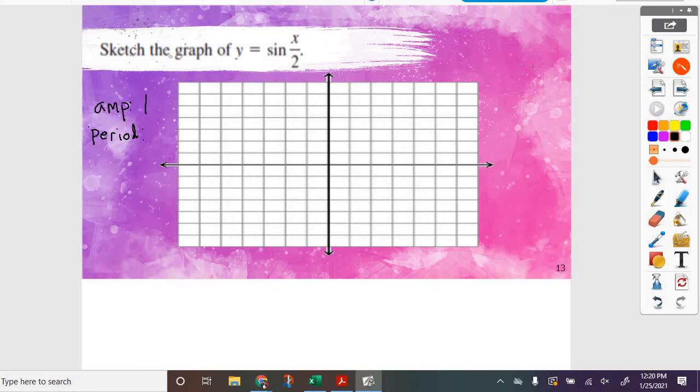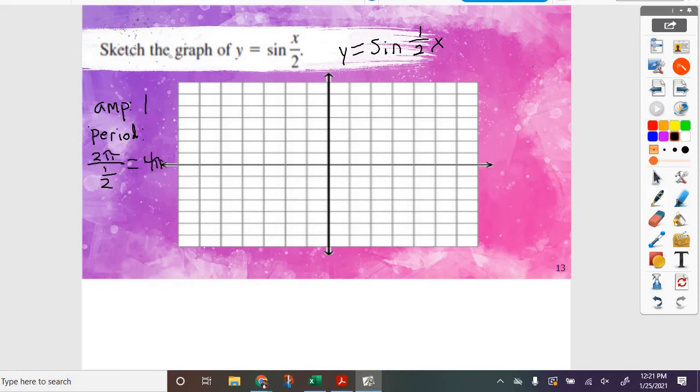But what is our b value technically here? We can actually write this as 1/2 x, yes? So our b value is 1/2. So we have to take 2 pi and divide that by 1/2, because my b is 1/2. So then we actually end up multiplying by the reciprocal, which gives us